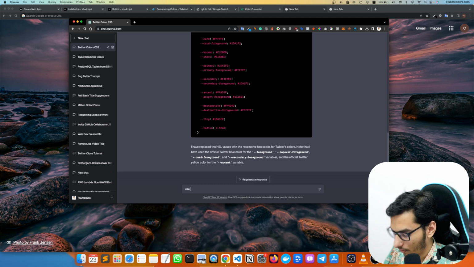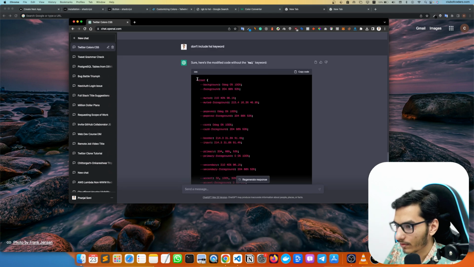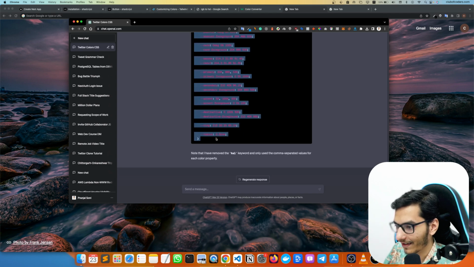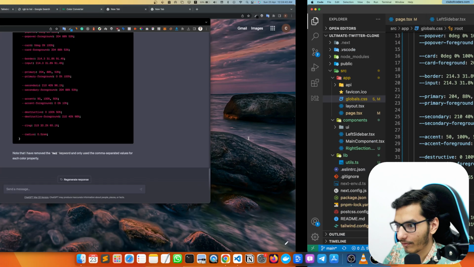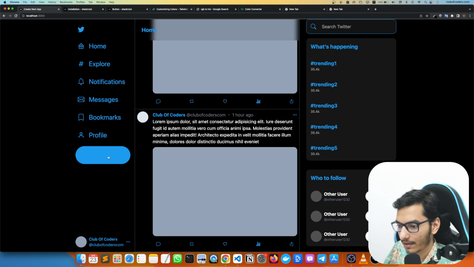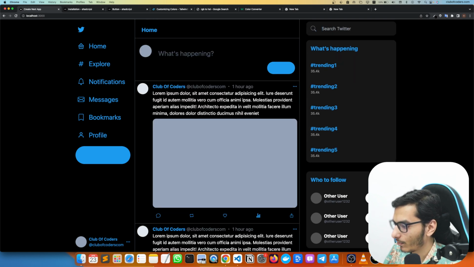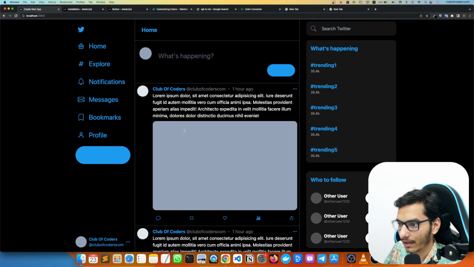Note that use HSL, don't include HSL. Nice. So as you can see, it should work, I think. And let's see. So now this is the color for Twitter, and yeah, now everything is changed. You can see, but the text color is blue by default, and we don't want the text color to be blue. For that, we can ask it to